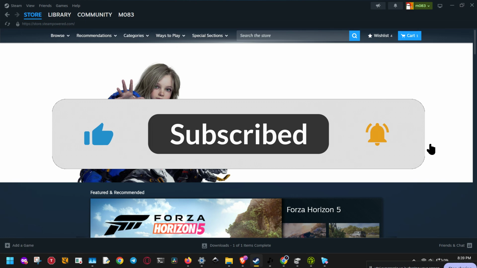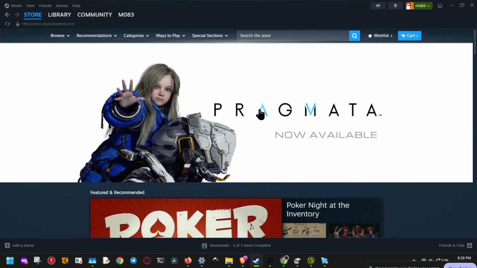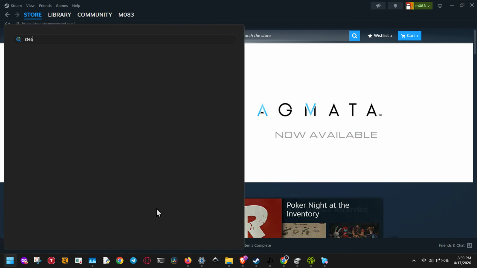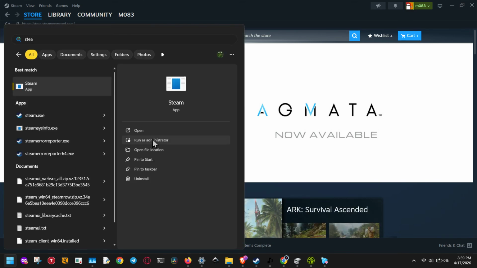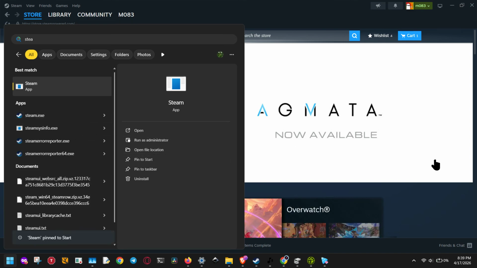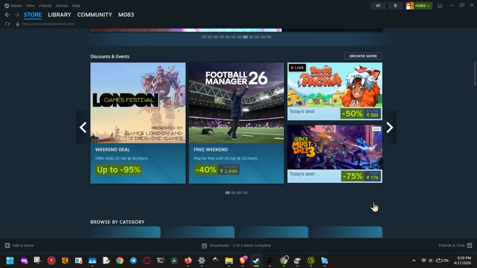First, let's start with the simplest fix. Run Steam as an administrator. Fully close Steam so it is not running in the background, then go to your Steam icon on the desktop, right-click it and choose Run as Administrator. This gives Steam the permissions it may need to properly launch the game and access its required services. After Steam opens, try launching the game again and check if the error is gone. A lot of Steam API problems happen because the client doesn't have the right permissions, so this is always a